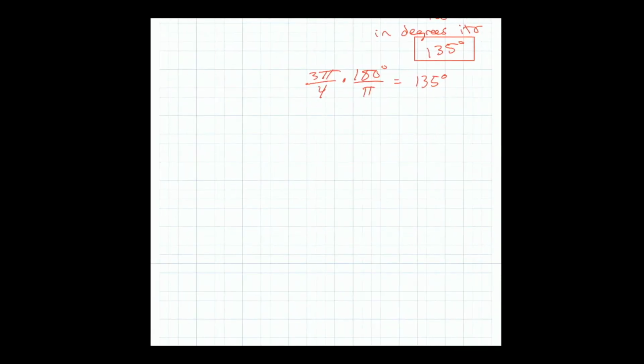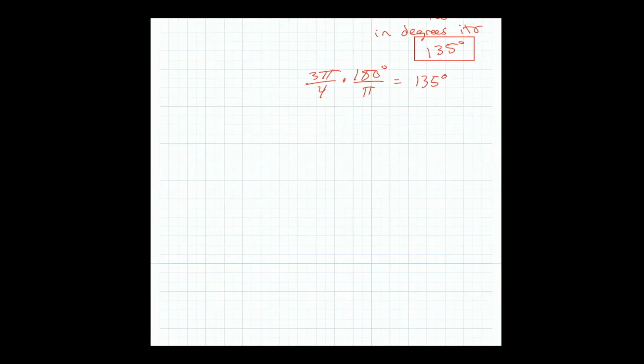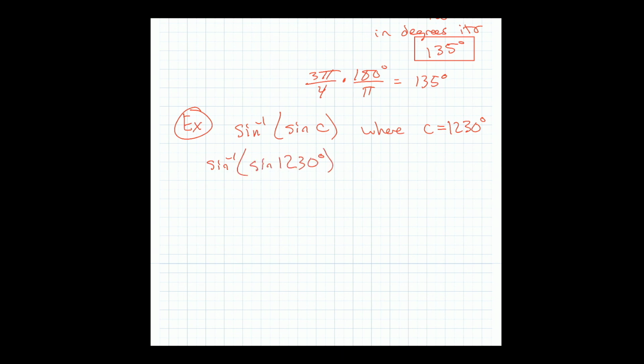All right. Now, I do want to do another one of these real quick here. So they want sine inverse of sine of C, where C is 1230. Now, we've talked a lot about how you can just cancel these, right? Well, guess what? That was a lie. You can't just cancel sine inverse with sine,